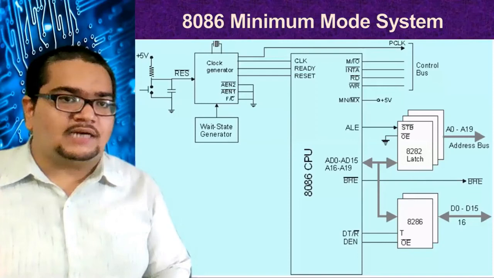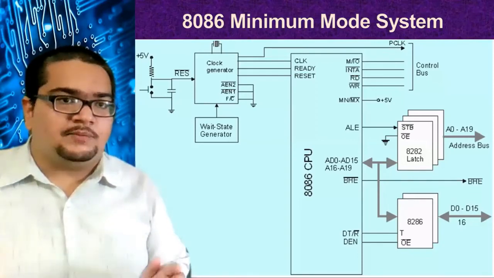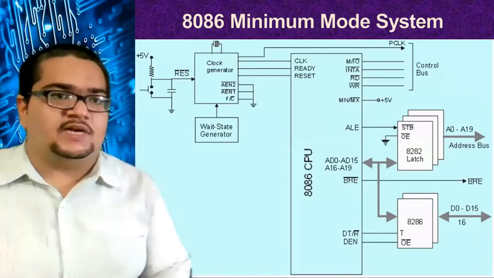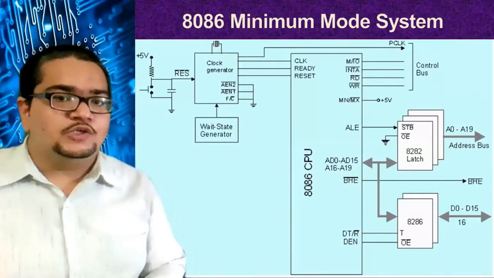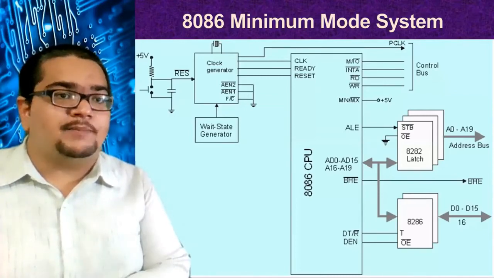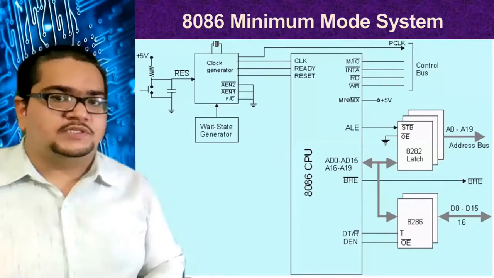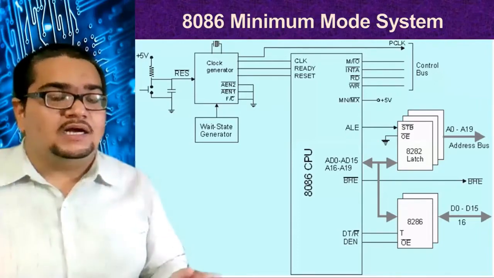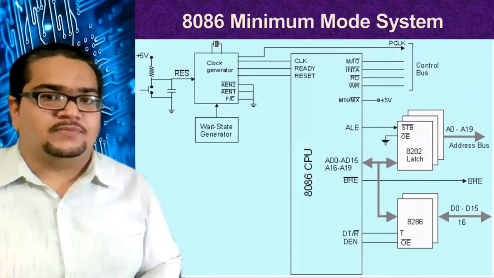So if it is data sent by the processor, it will make the direction from the processor to the other devices, left to right. If the processor is reading the data, receiving the data, then again this pin will become low. So these buffers can understand that the data will be coming from outer devices to the processor, right to left. Okay, so these buffer registers will understand the data flow, whether it is receiving or transmitting by the processor.